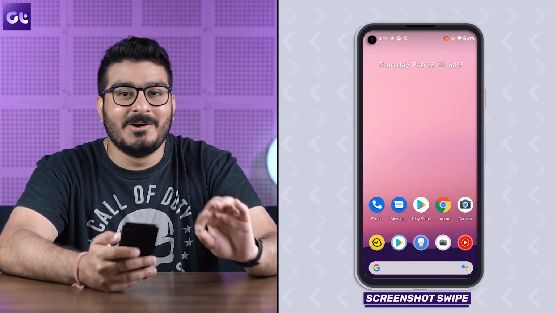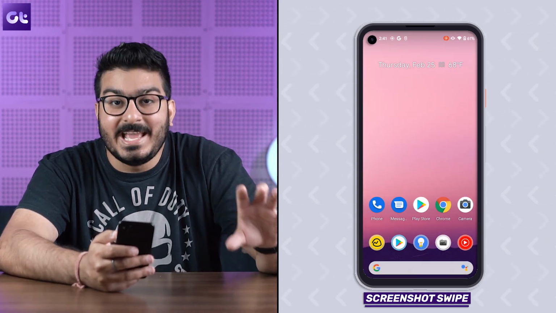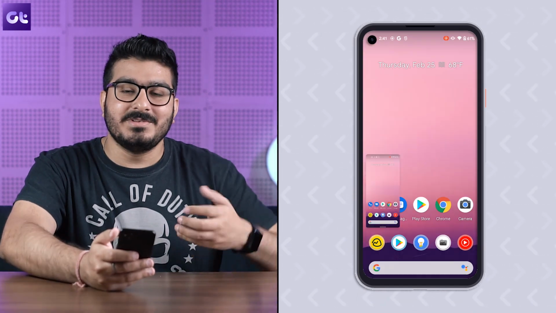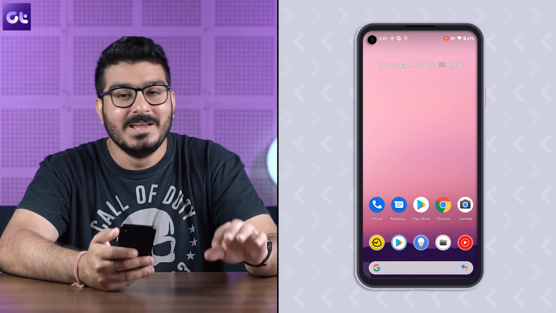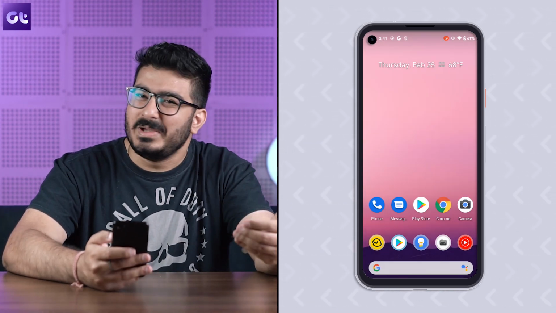Okay, now moving along with Android 12, your native screenshots have finally become so much better. Like, okay, my favorite feature, okay, I think you just saw what I did. My favorite feature right now is the fact that you can easily just swipe to dismiss the screenshot taken, overlay or pop-up or whatever you want to call it. I mean, it was so annoying previously that you had to tap on the cross icon. So yeah, just being able to swipe it across the screen makes it far easier.